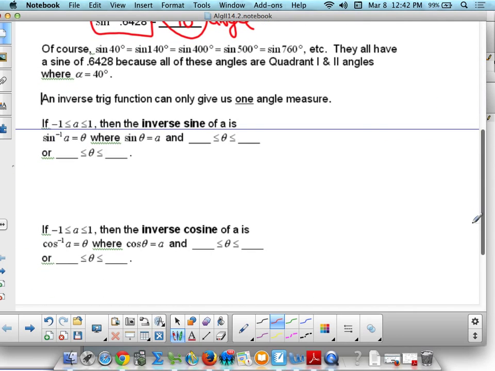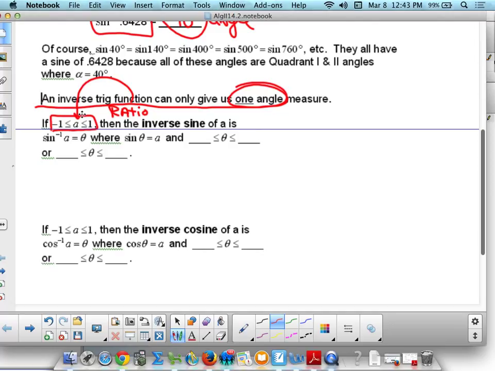All right. Here, I'll read this to you. An inverse trig function can only give us how many angles? One angle measure. If that's the case, we have to restrict. We have to restrict what's coming up. It says if you plug in any a value for your inverse. By the way, this is a ratio. If you plug any ratio in for a between -1 and +1, then the inverse sine of a is